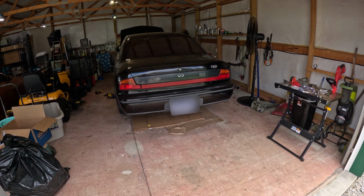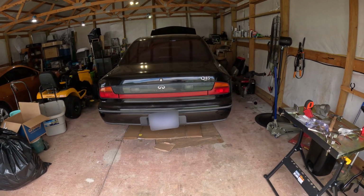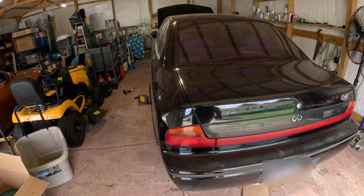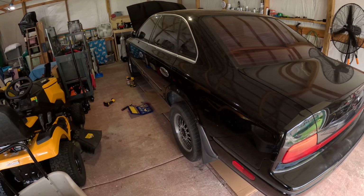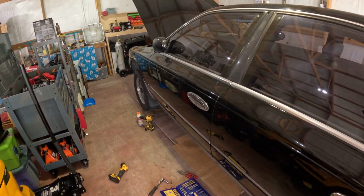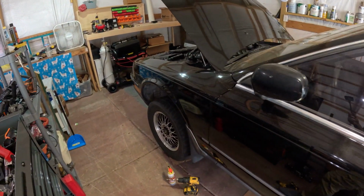So this is how the car sits now. After I got it running, I ended up driving it to another location where I had more room and also where my welder's located at. So the initial plans, now that I've got it to kind of a running state, is the first big